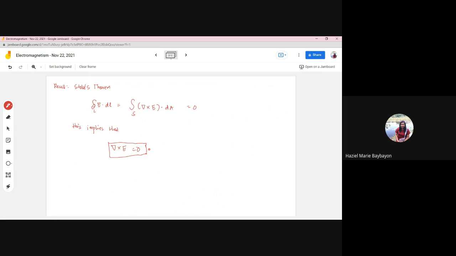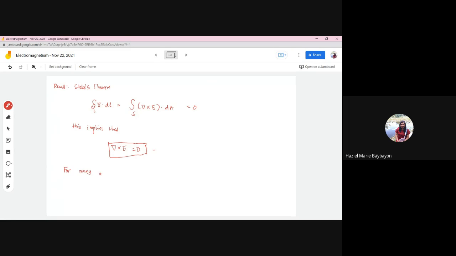Okay. So if the closed integral of E dot dl is equal to 0, then it follows that the curl of E is equal to 0. So this equation is true no matter where the charge is located. Kanina we had a point charge at the origin, but this equation is true no matter where the charge is located. And if we have many charges,